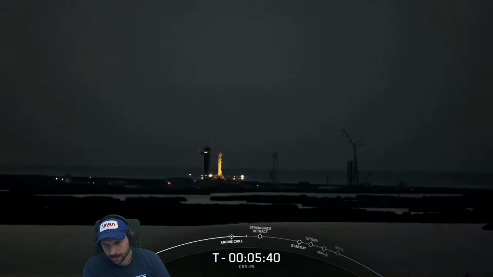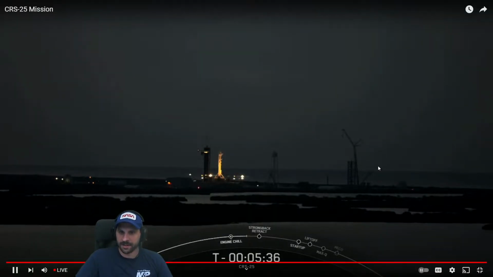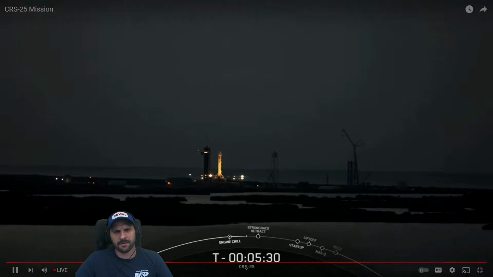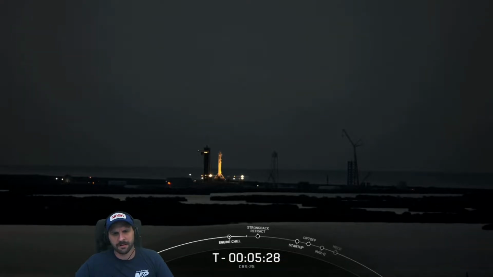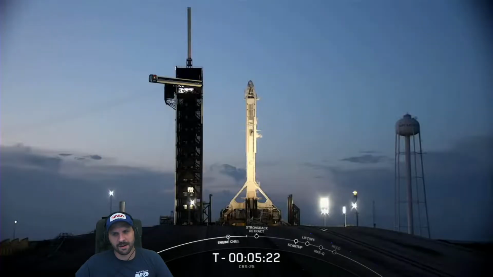To make sure engine startup goes well, SpaceX performs an engine chill. This has happened at T-minus 7 minutes. They flowed a small amount of the super chilled LOX into the Merlin engines' turbo pumps. And this is done to avoid a thermal shock to the system when that flow of super chilled liquid oxygen hits the prop system.